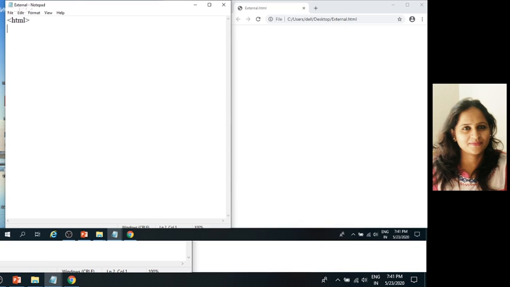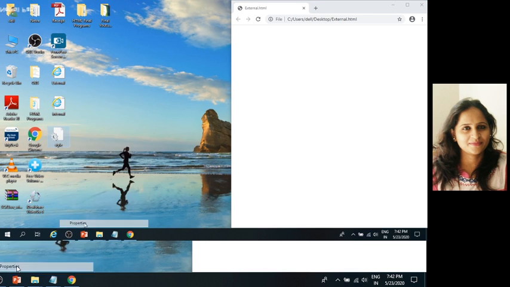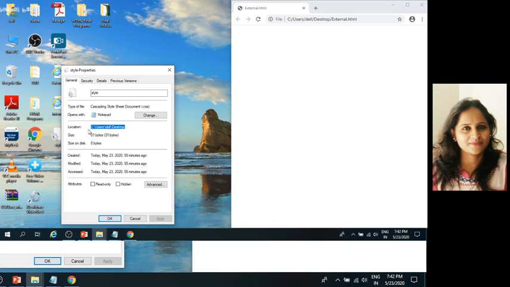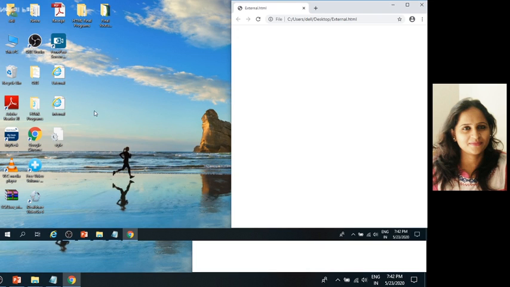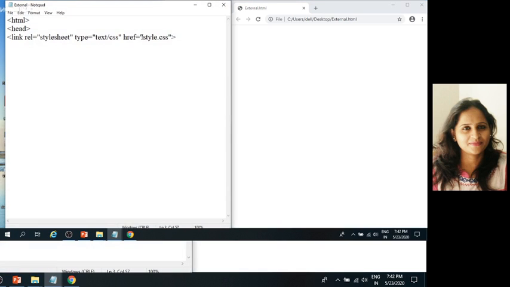HTML, then head, link, rel equals stylesheet, type equals text/css, href equals style.css. Just put the style file location here.